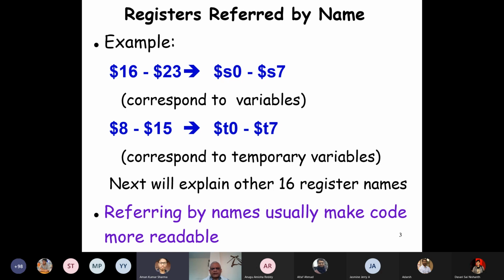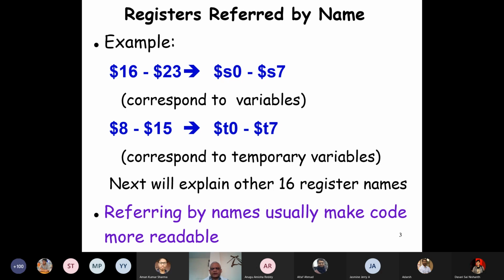Hello, sir. Yes, please. Aman, yes, please. Sir, registers 16 to 23, if you use them in the subroutine, even if they are used in the subroutine, then it will not be changed? No, see, we may change it in the subroutine, but then we have to take care to restore it back.